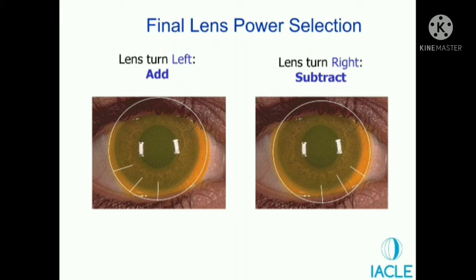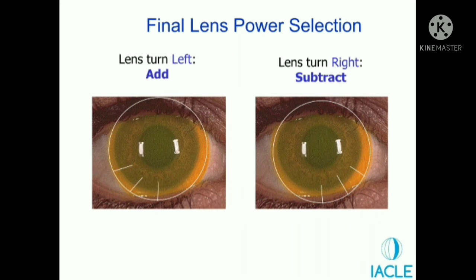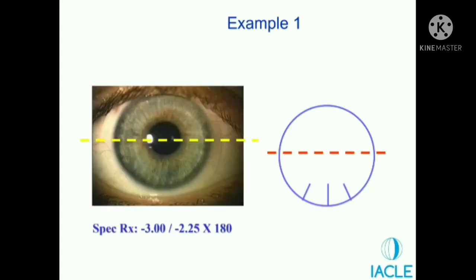So one full mark, instead of 6 o'clock, the other line has come to this position. So it is rotated by 30 degree to the left side, or clockwise. Now, if I look at the right lens, it has rotated to the right-hand side, or anti-clockwise, again by 30 degree. Are we clear with this much? It is rotating by 30 degree. Now, 30 degree rotation is a bit too much, so let's take a few examples of what we need to do.